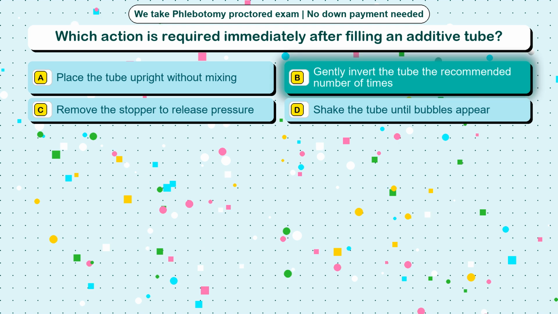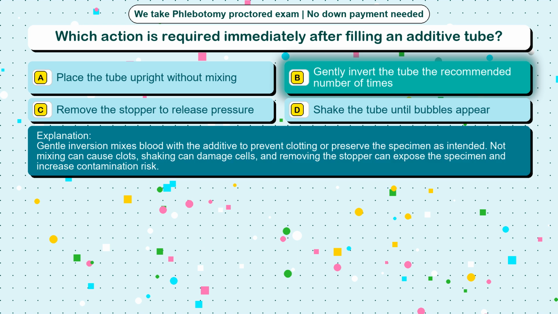The correct answer is option B. Gently invert the tube the recommended number of times. Gentle inversion mixes blood with the additive to prevent clotting or preserve the specimen as intended. Not mixing can cause clots, shaking can damage cells, and removing the stopper can expose the specimen and increase contamination